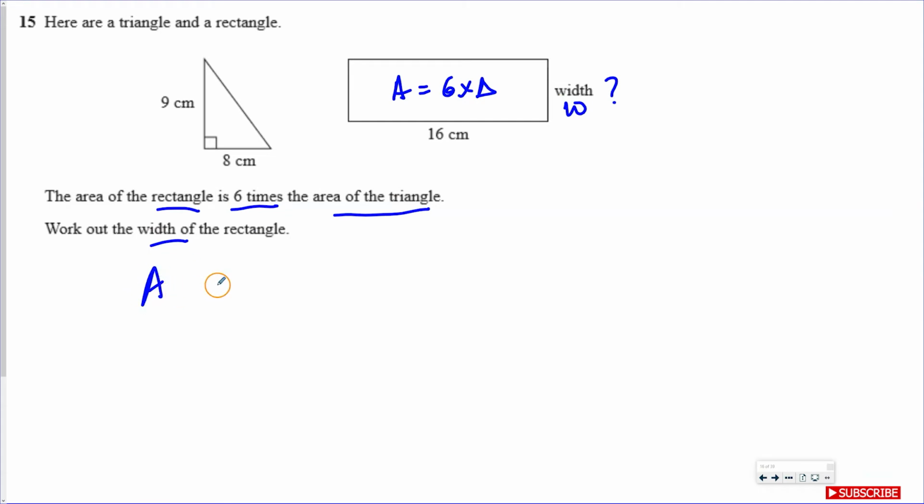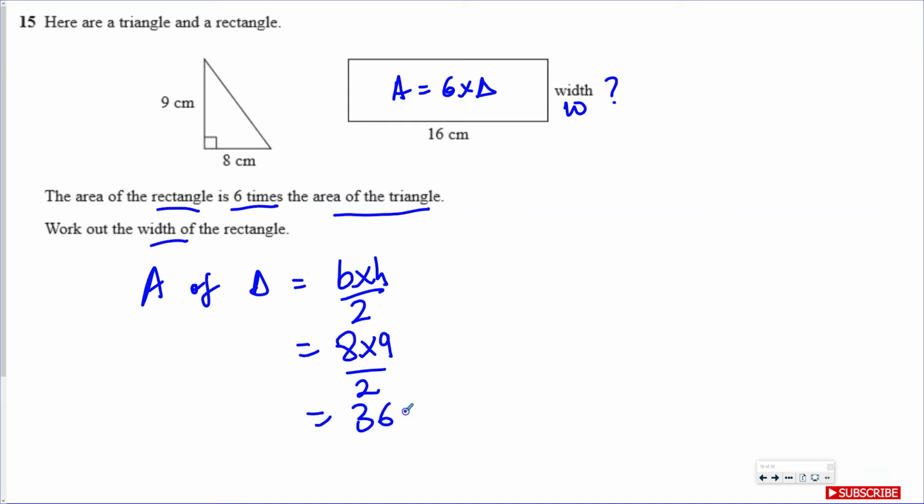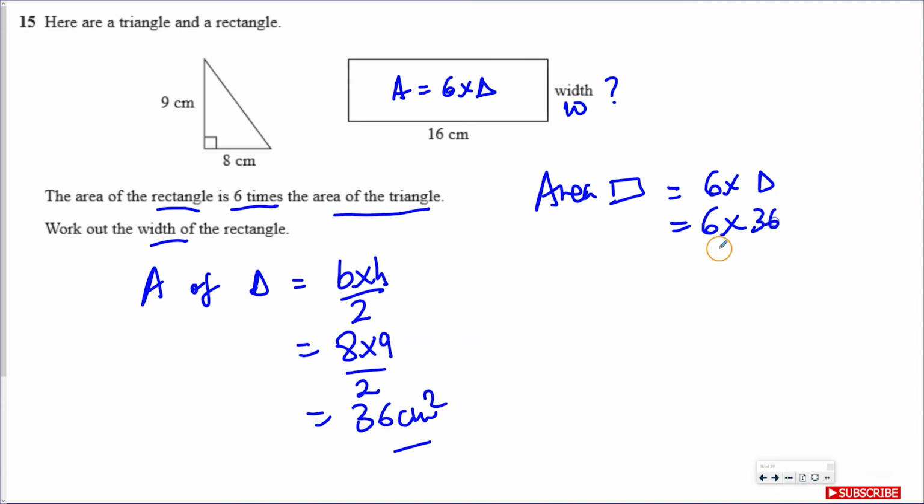That's probably 1 mark. So the area of the triangle is going to be equal to base times height over 2. So that is going to be equal to base is 8, height is 9, over 2. That's going to be equal to 36 centimeters squared. Now you're told the area of the rectangle is 6 times the area of the triangle, and we know now the area of the triangle is 36, so that's going to be equal to 6 times 36, which is going to be equal to 216